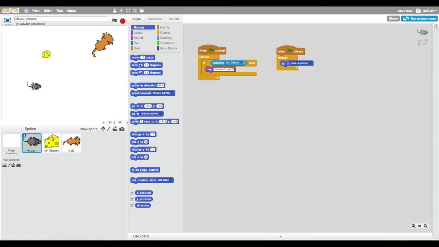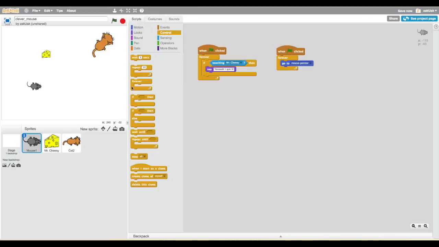Now let me show you how sprites can interact with each other. That's actually a little bit harder. It's actually broadcasting. Now we need to do when the mouse reaches the cheese for the cat to disappear. That's going to mean that the mouse is winning. So now let's go to the sprite mouse. Be sure it's highlighted in blue, and we're gonna add the if then block. It's gonna say if mouse touching Mr. Cheesy, then